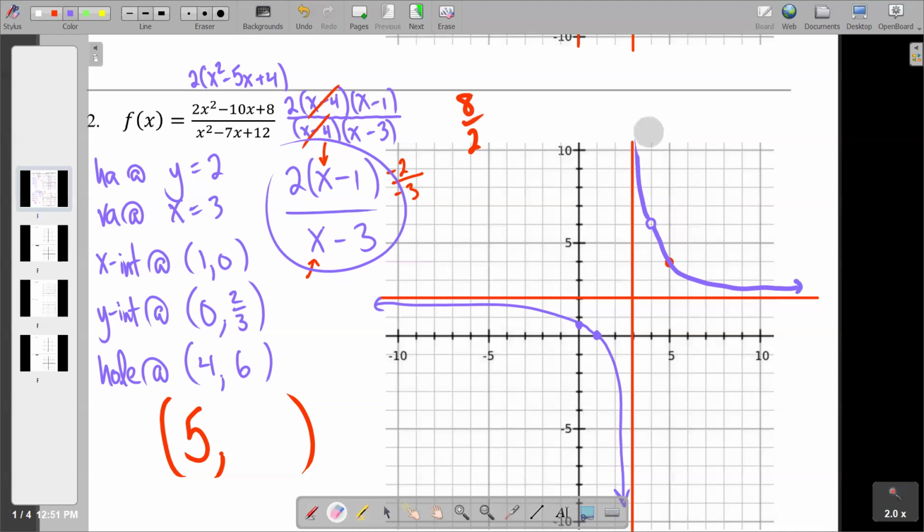Are you ready? I'll just be very honest with you. If your graph goes like that, you're going to lose a point. The graph is not going to approach a vertical asymptote and then just bounce off of it back in the other direction. Can we agree to that? The graph is also not going to come down to a horizontal asymptote and then curve upwards. Another thing I might take a point off for,